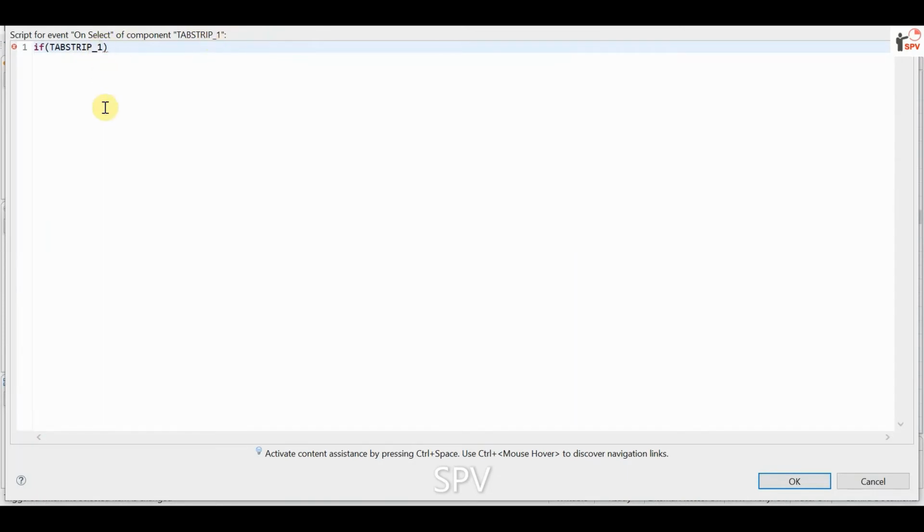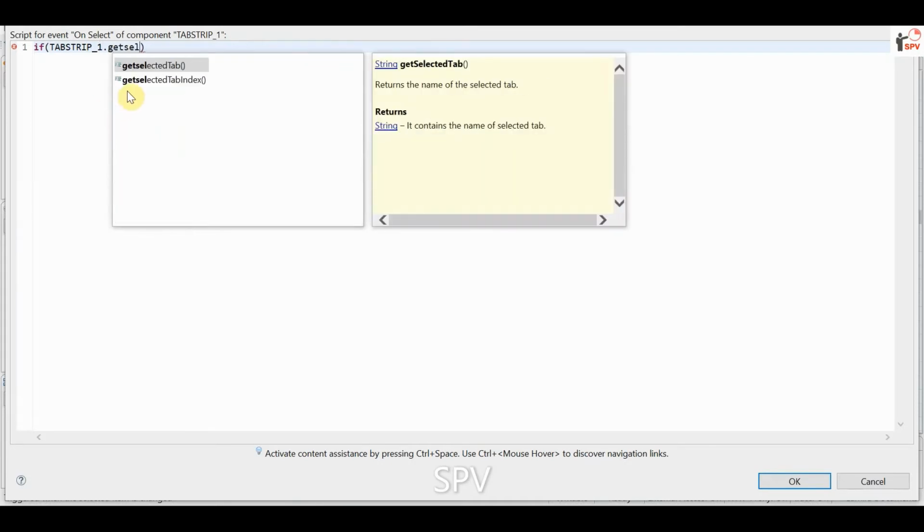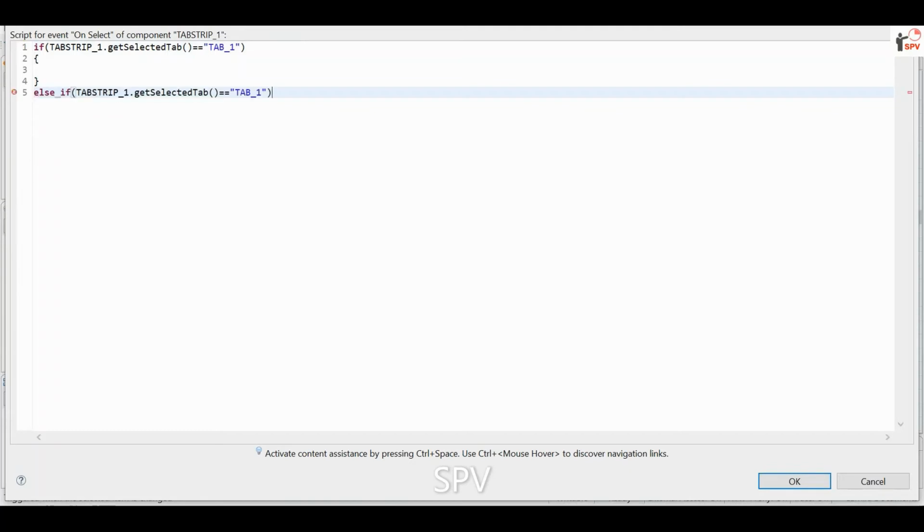So tab strip 1 dot get selected tab is equal to tab 1. If it is tab 1, what action needs to be performed, or else it's a simple if else condition. And if it is tab 2, what we need to perform.